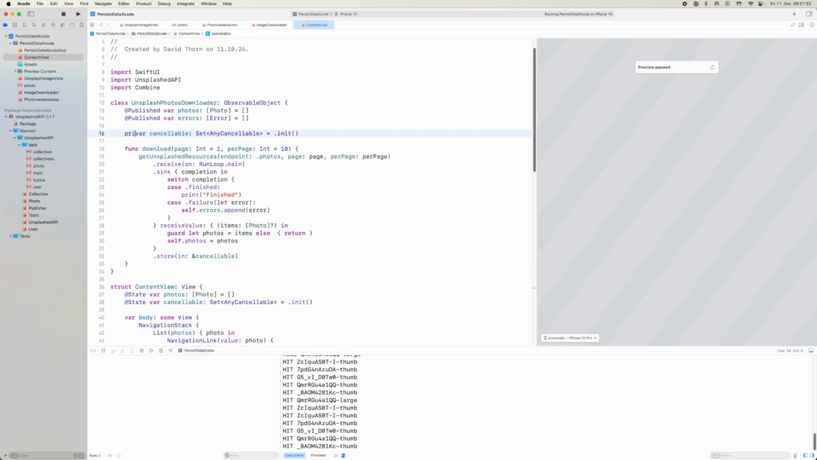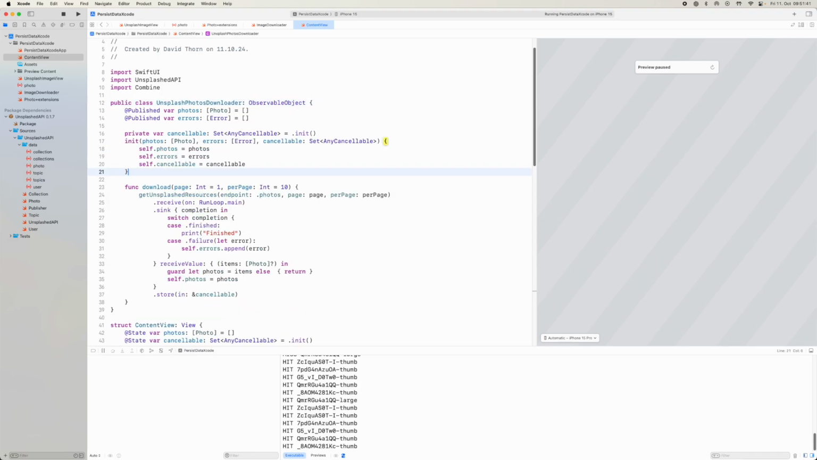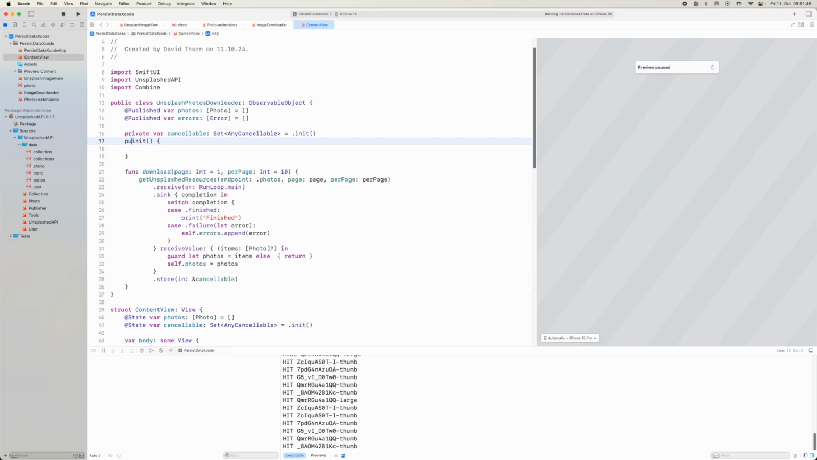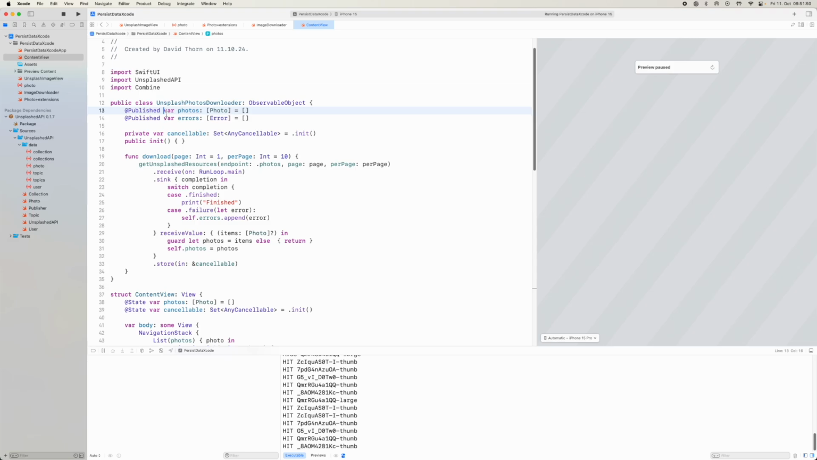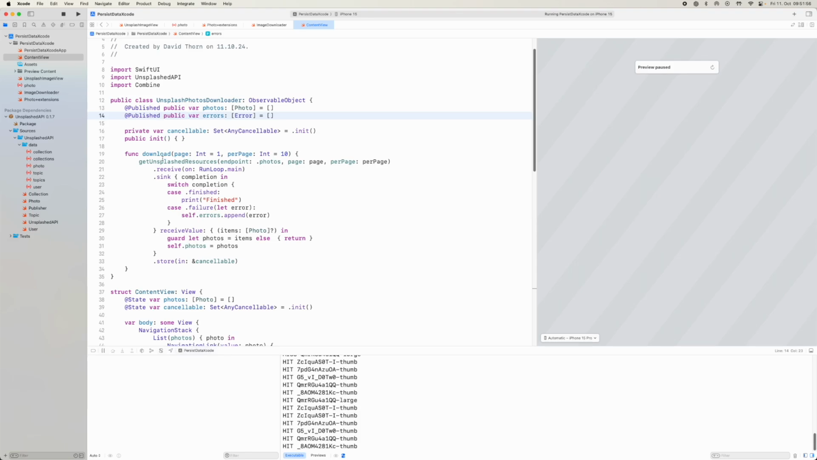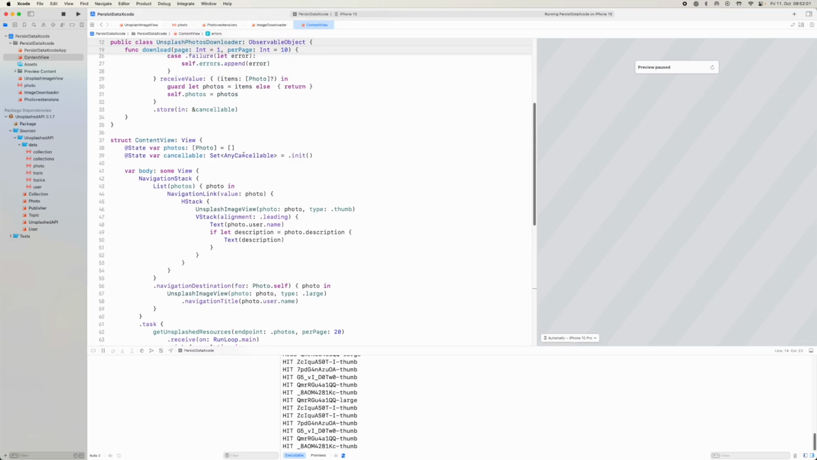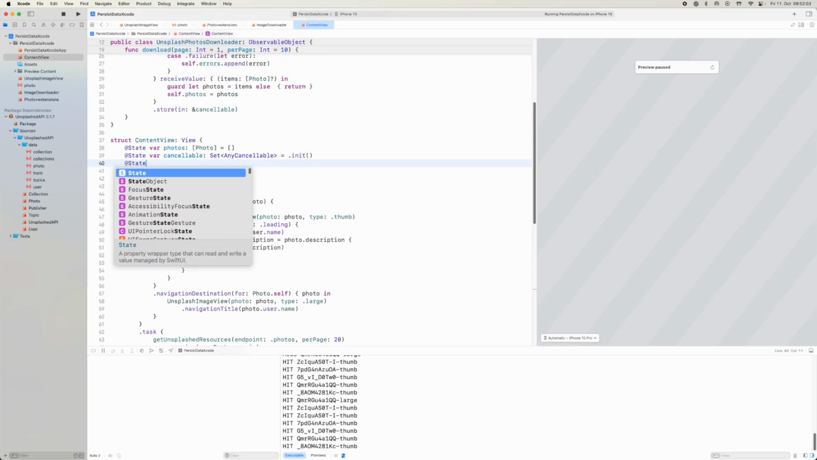We'll say public to this because we might want to use it outside of this. We'll give it an initializer as well, so someone else could initialize it too. And these want to be public also. And this wants to be public also. Happy days. So now we have download page here, which we can now come to our view and say